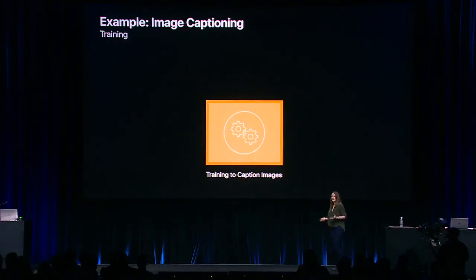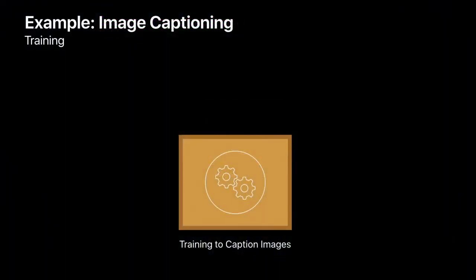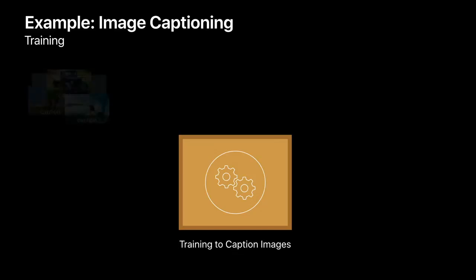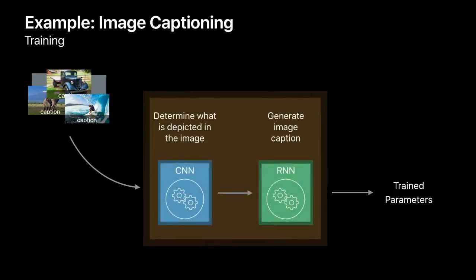We'll use image captioning as an example of using LSTM. As you recall, deep learning algorithms have two phases, the training phase and the inference phase. To train a system to caption images, you need to feed it a large number of images with human-generated captions. The system has a CNN and an RNN working together to generate captions. The CNN is used to figure out what's depicted in the image, and then the RNN is used to generate the actual caption. The output of that process is the trained parameters,